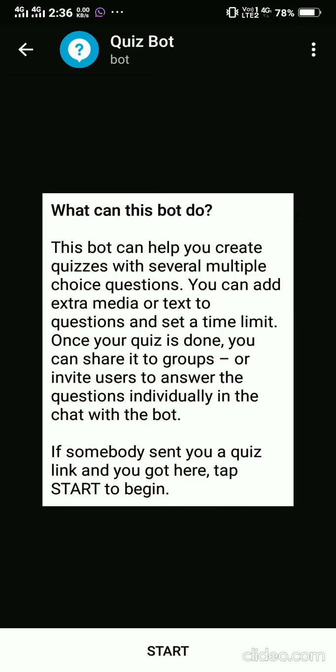You can share it to your groups, or you can start individually with yourself. You can test yourself, or you can test your friends. You can also share the external link. After successful creation of a quiz, it provides an external link which you can share with a friend who is not using Telegram also.